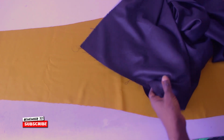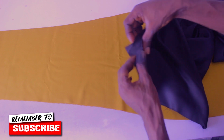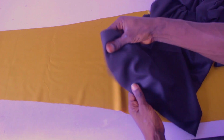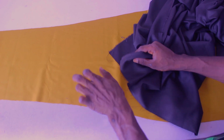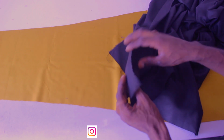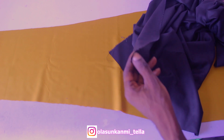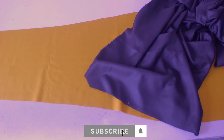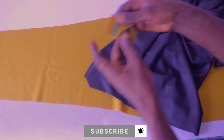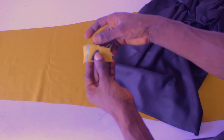But first and foremost, whichever fabric you're using, make sure you try as much as possible to know that the fabric does not wash, because if it washes, it's going to affect your material. So the only thing you can do is cut a piece of this fabric, and also cut a piece of this also. You can see that. Just cut these two pieces